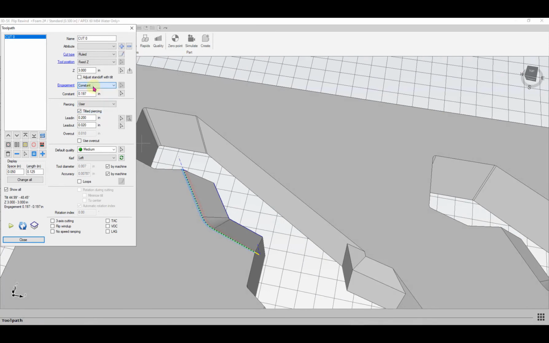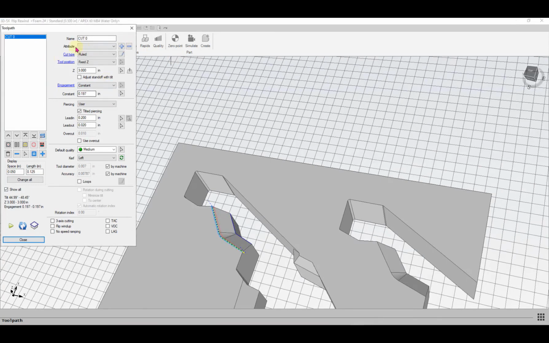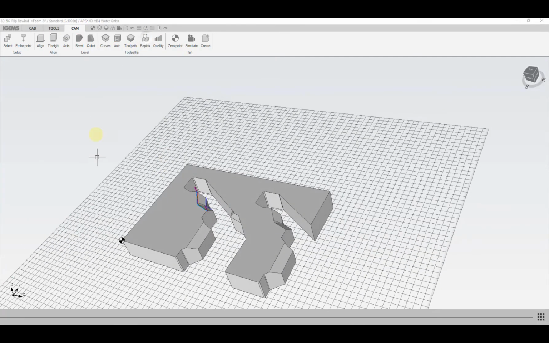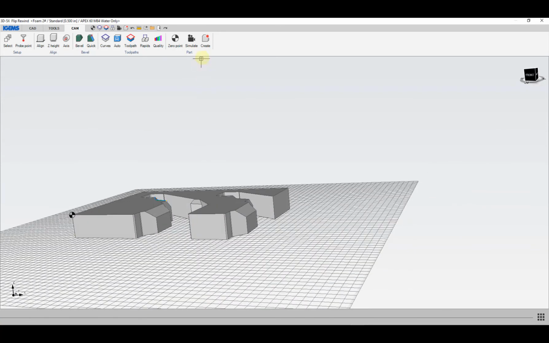Engagement, usually for water only cutting, we'll just set the engagement to constant. So unlike abrasive cutting, you usually don't have to worry about the engagement, because usually with water only cutting you just cut at one fixed speed. Click on OK, and we'll just adjust our rapids. Being water only, you could probably just set your rapid heights to 0, since usually you don't have to worry too much about collisions with water only cutting. And then click on create,